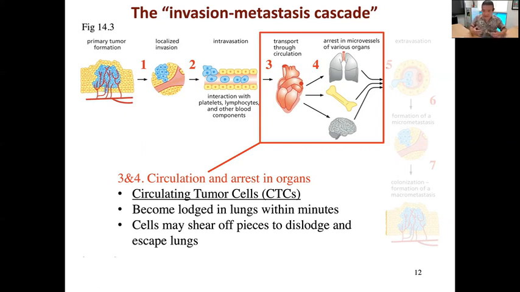But these CTCs, within just a few minutes, are going to get lodged. They're going to get stuck in capillaries in different organs, right? Because even though they made their way to the main blood supply and now they're getting pumped out by the heart, once again they're going to go through a series of arteries that are branching and getting smaller and smaller and smaller, right? And by chance, maybe some of these cells ended up in the lungs or up in the brain or other organs. But at some point, these cells that are getting shoved along are going to get jammed in the capillaries again.